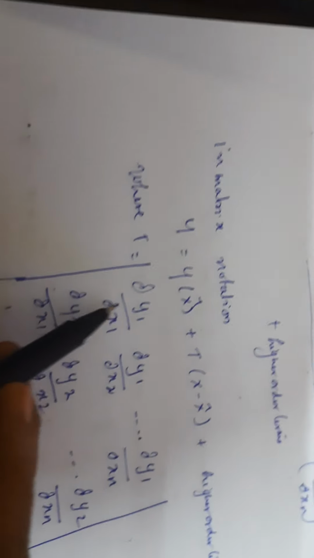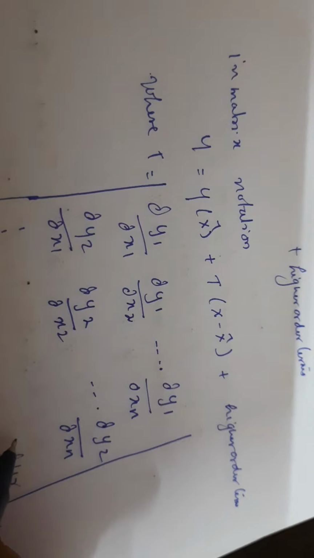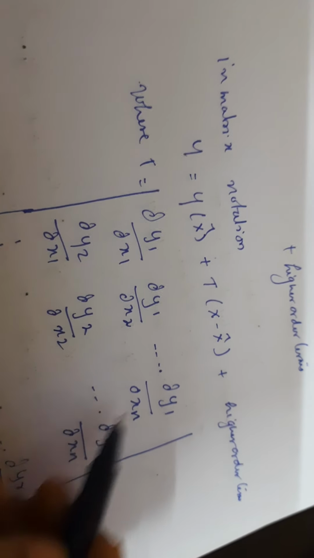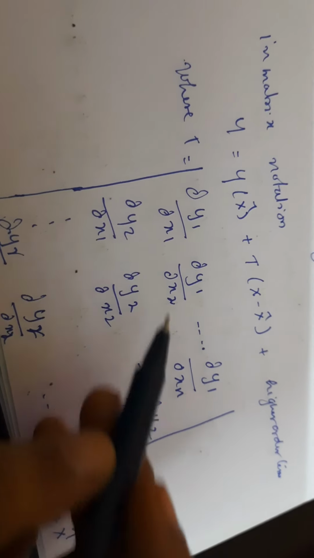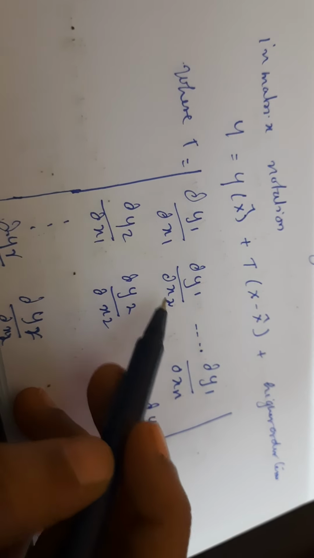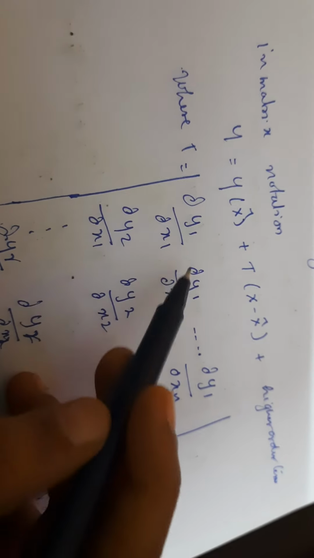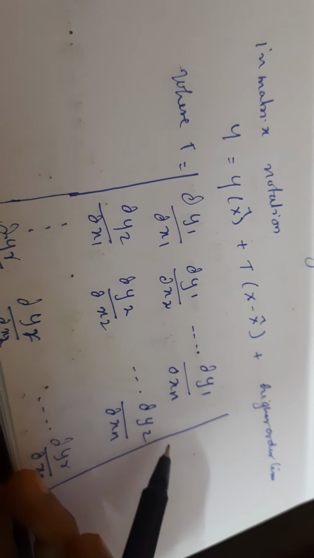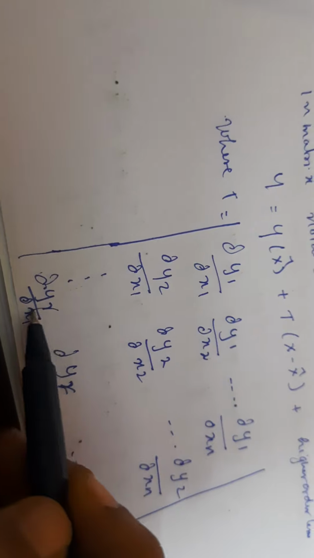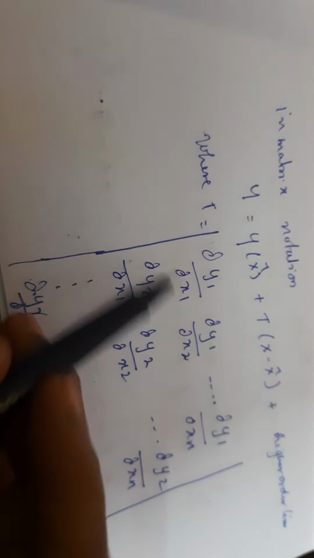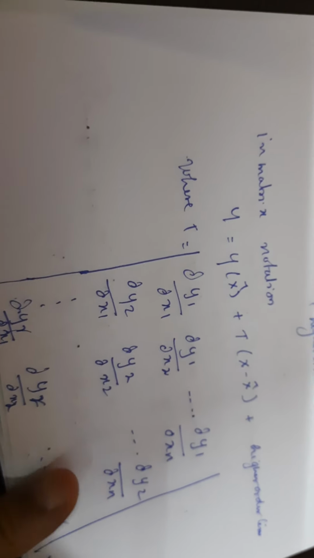Okay, so for a set of random variables, you can write it in the form of a matrix like this. Okay, so ∂y1 by ∂x1. So for each random variable, how y changes with each of the n random variables, for y as a number of functions. So this is how it changes, and it is represented by the matrix T.